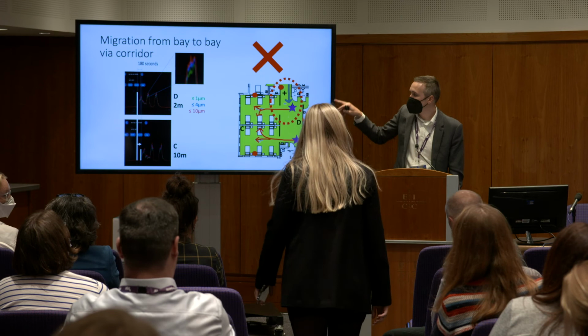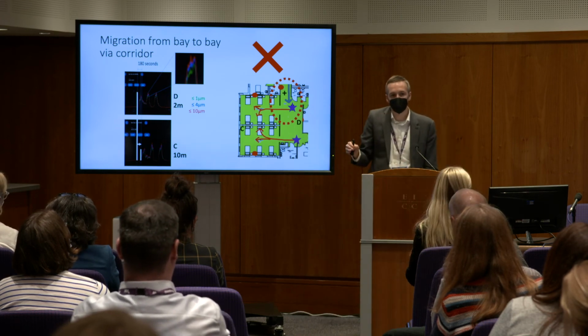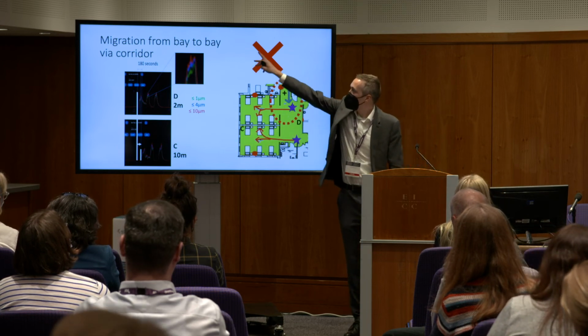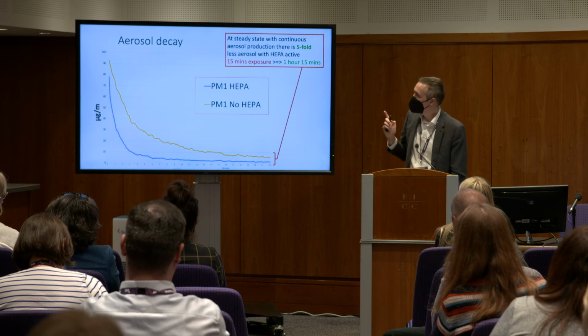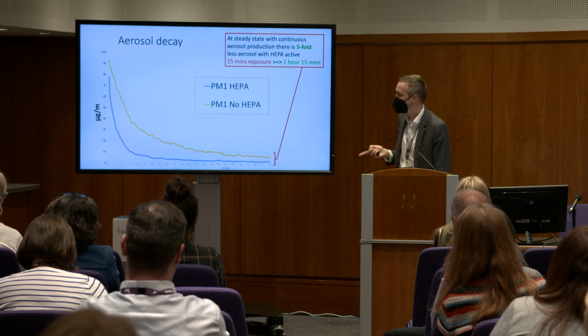The other thing is these things are travelling huge distances. So they're not just stopping at 2 meters. The whole distance is down to 10 meters, just here to here. So if you think we've got a distance 20 meters away, big problem. So then what we thought is, finally onto the HEPA slide,